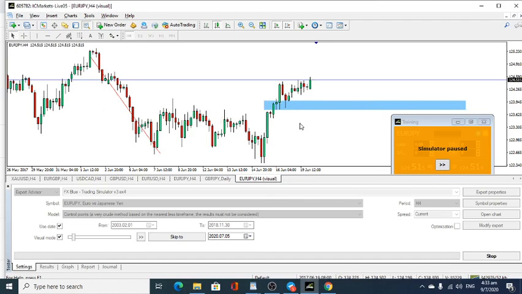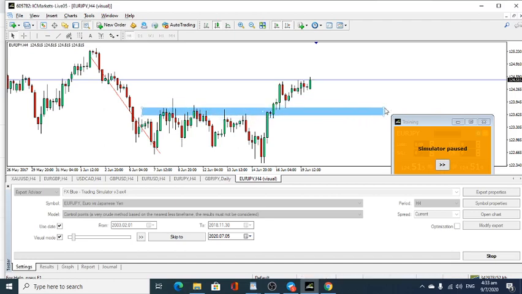Let me see whether there is any more area that we can look at. Actually, this area is quite good because it's a previous resistance. The price came back here to test. We might look for a buy. So right now, we don't look at this. We are going to mark here. My bigger picture looks like still a